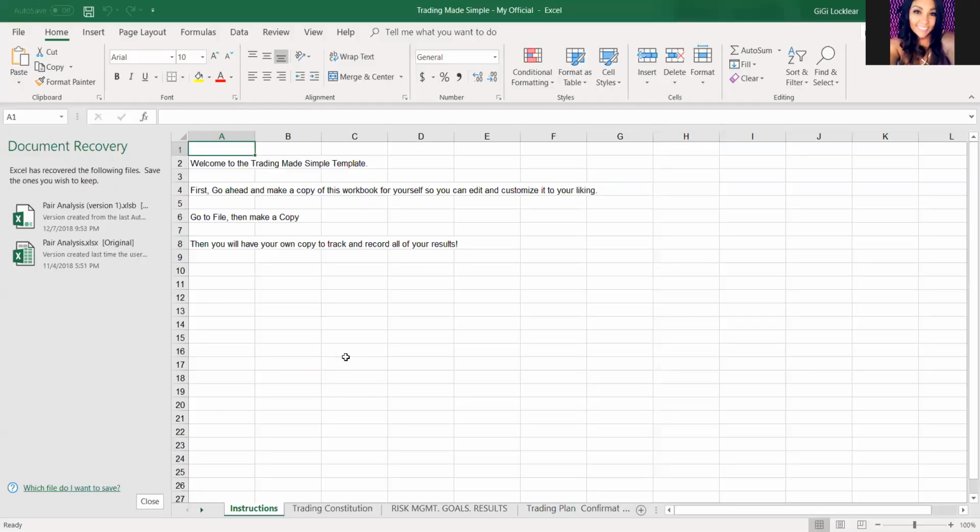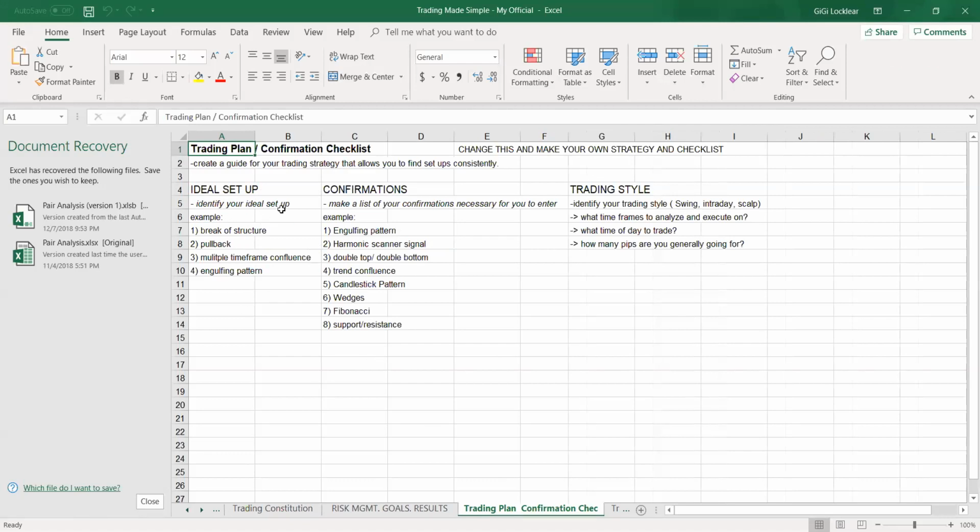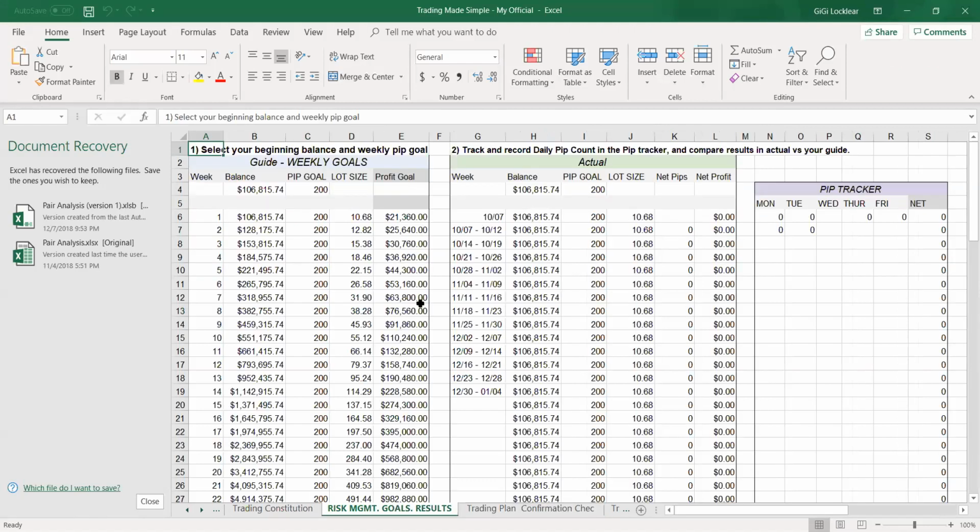All right. Can everybody see this Excel spreadsheet? Yes. All right. See, he has his trading plans and confirmations on here. You can make this your own. And, you know, the Fibonacci, of course, and I can cover that a little bit, re-entry after a push, risk management goals. He probably should have cleared this out before he put his actual account size. But you can put your balance, what your pip goal is for the week, and your actual,